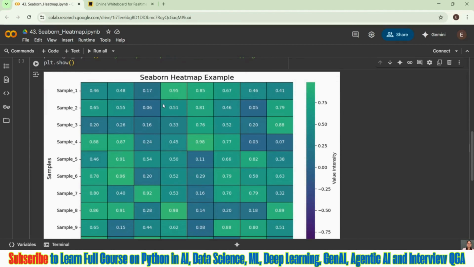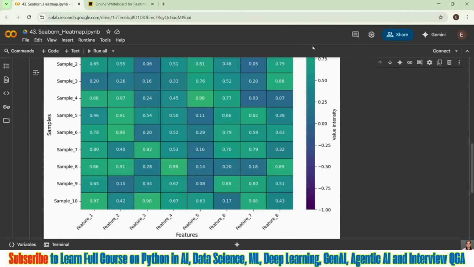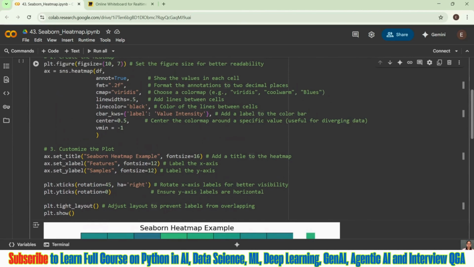Then we have center 0.5. That means you are saying center the color map around a specific value. Okay, that means I am mapping this with my heat map. Then we have vmin. vmin equal to -1. That means, if I don't keep it, it is not going to give me the whole value.